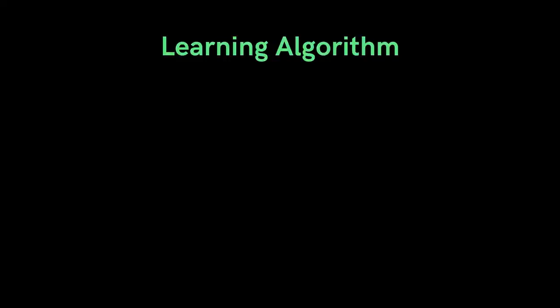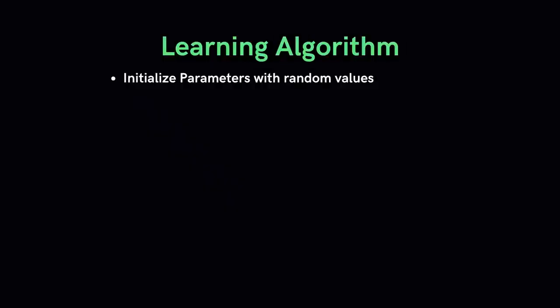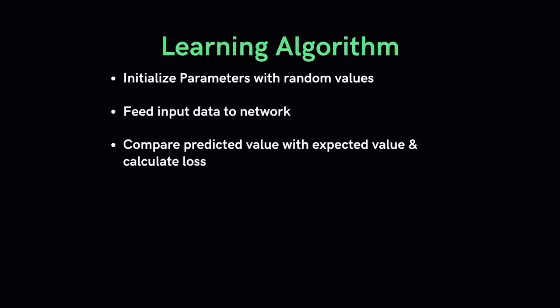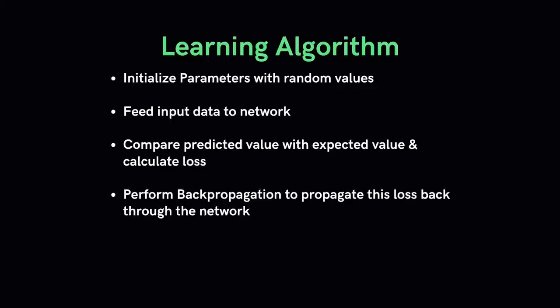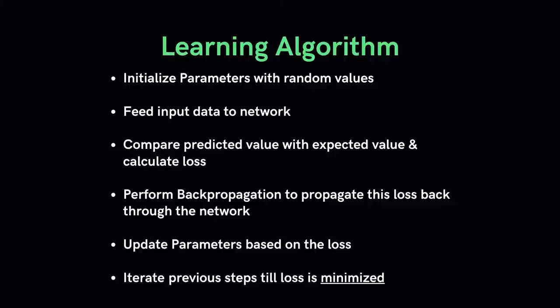This learning algorithm can be summarized as follows. First, we initialize the network with random values for the network's parameters, or the weights and the biases. We take a set of input data and pass them through the network. We compare these predictions obtained with the values of the expected labels and calculate the loss using a loss function. We perform backpropagation in order to propagate this loss to each and every weight and bias. We use this propagated information to update the weights and biases of the neural network with the gradient descent algorithm in such a way that the total loss is reduced and a better model is obtained. The last step is to continue iterating the previous steps until we consider that we have a good enough model.